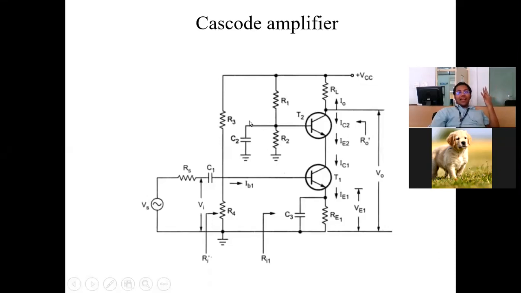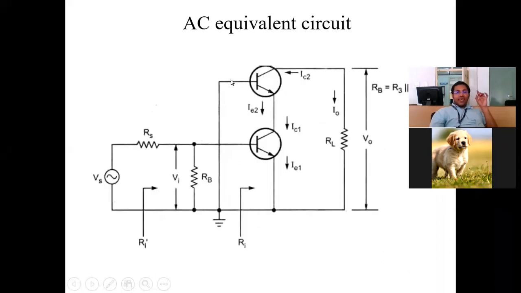But for AC equivalent, I consider capacitor to be short circuit. So R1, R2 in parallel with short circuit. The equivalent is what? Short circuit. Means you will just have one connection from base to ground, no other components. Capacitor became short circuit, so disappeared. R1, R2 in parallel with short circuit, so R1 also disappeared. So you just have one short circuit from base to ground.